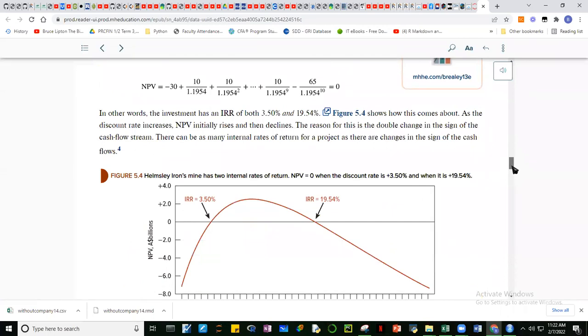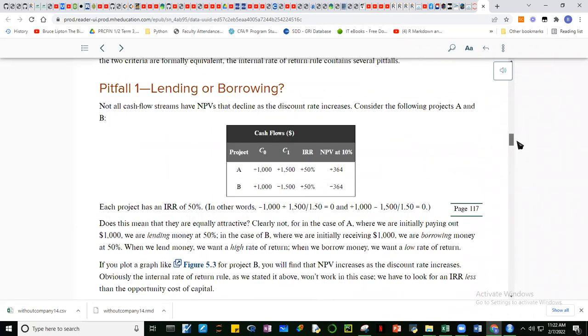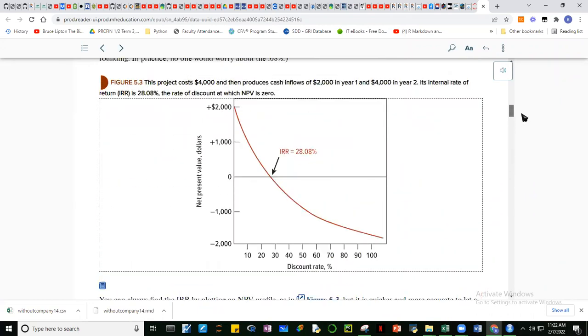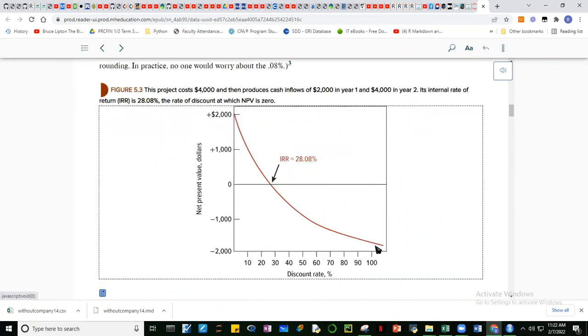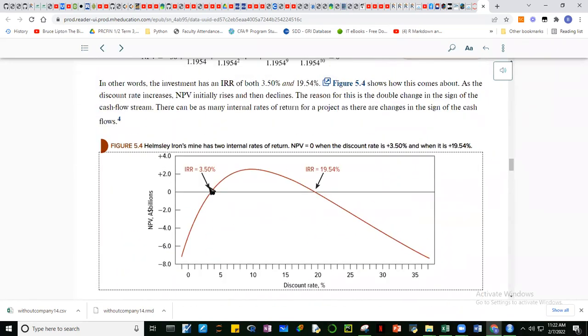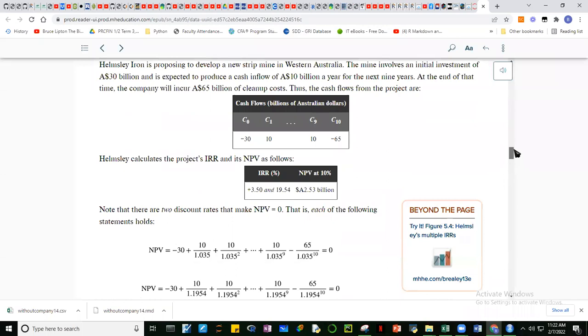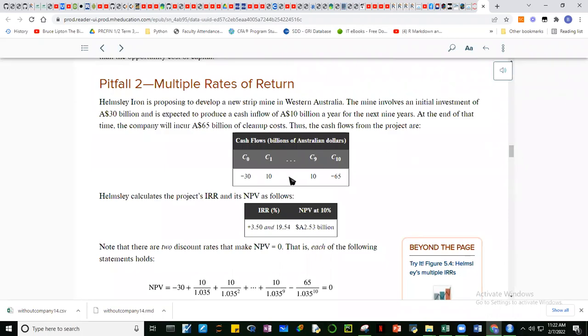Okay? Now, sometimes a project may have two IRRs. Tingnan nyo to. Itong plot na to. Which is different from this one. Ito sa project po guys, isa lang yung IRR, no? Isa lang. No? It's not expected that this will again go up. Okay. Now, ito naman, dalawang IRRs, no? Ito at saka ito, because it touches the x-axis 2 times. And when does that happen? That happens when you have a negative cash flow at the intervening time period.